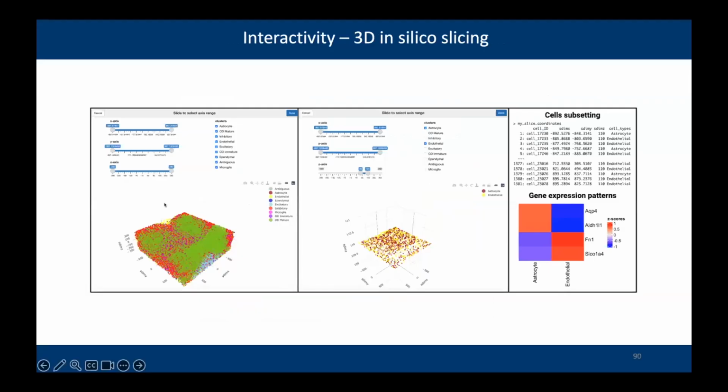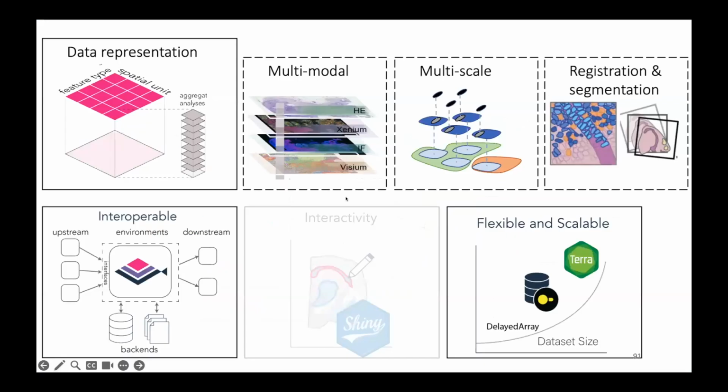In the same way, you can also do 3D in silico slicing, where if you have a 3D data set and you want to understand what a 2D representation is, if you slice it this way or that way, in whatever way, you can do that as well as keep that information and use that in your downstream analysis. And then I think last but not least is the issue that